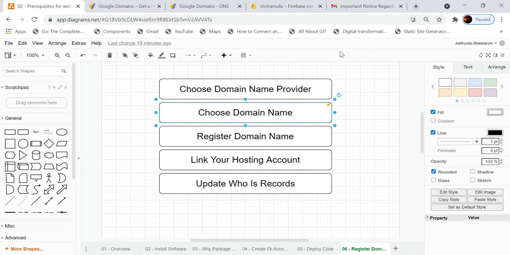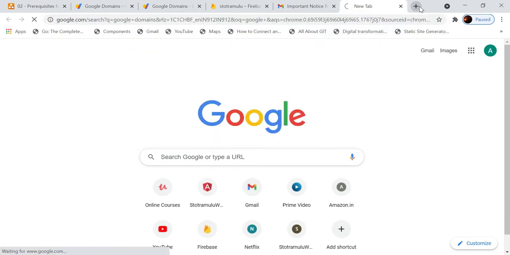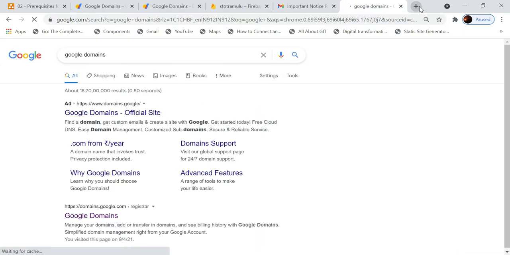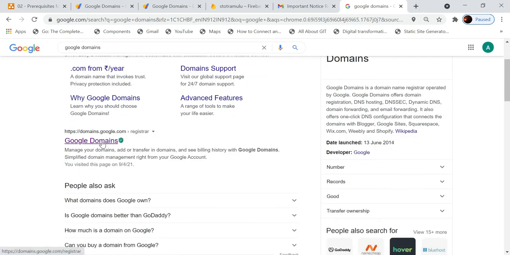Just head over to Google and type Google Domains. By using Google Domains, you will be able to register any of the domain names. This is one of the domain name providers. You have multiple. This is not the only way.